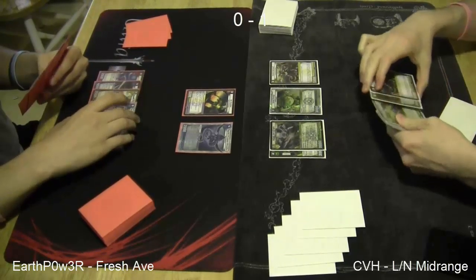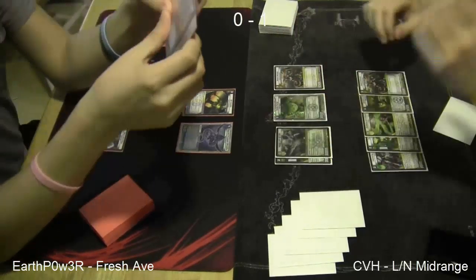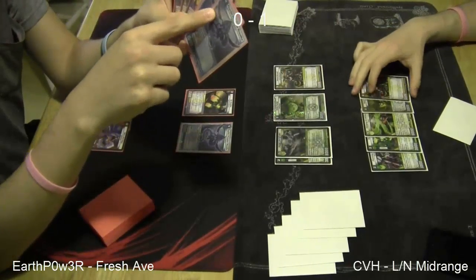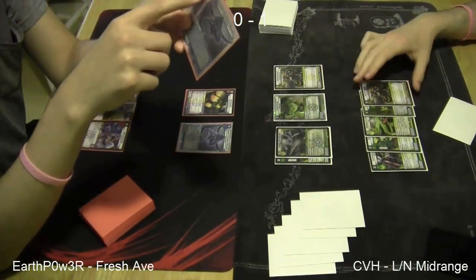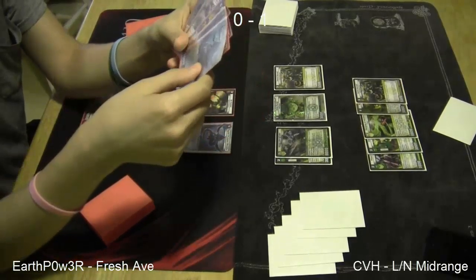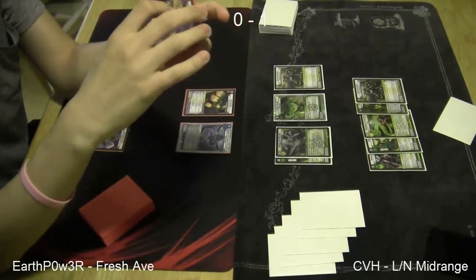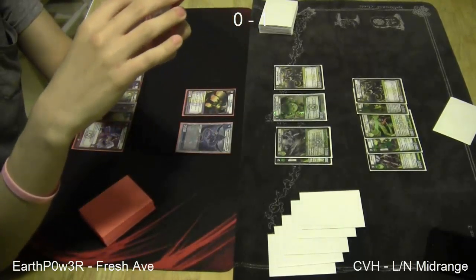Kyo's gonna go down. Drew another one of these, which is nice. This is, I think, gonna be essential for us winning this game here in a couple of turns, if we can get there. But for now, I just need to clear his board up. And the way to do that is